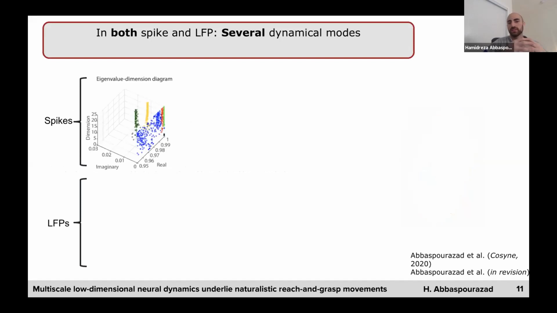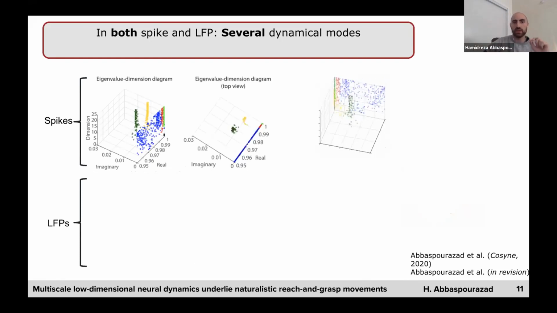First of all, we observed that there existed several dynamical modes in the spiking population activity. As you see in this plot, the vertical cluster represents the dynamical modes that I just discussed. We can see that the dynamical modes are located very densely around the cluster centroid, meaning they had persistent dynamical characteristics across the state dimension. That means that the dynamical characteristics of the dynamical modes are preserved across state dimensions. By the way, each of these clusters is represented by one color in this diagram.